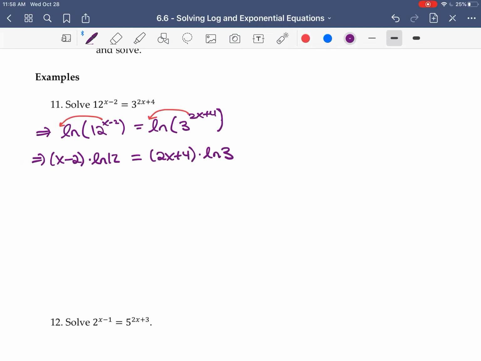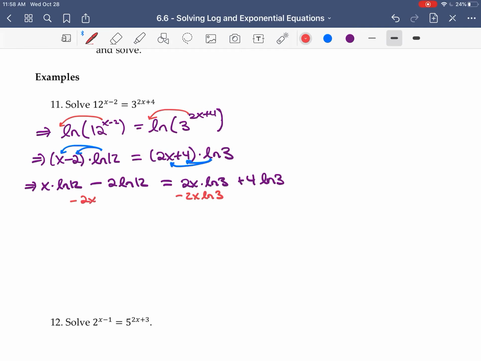Okay, now I want to solve for the x's, so I want all the x's on one side, which means I'm going to have to expand these brackets. So we're going to have lns everywhere. So I have x ln 12 minus 2 ln 12 is equal to 2x ln 3 plus 4 ln 3. So I want all the x's on one side and all the other things on the other side. So let's move the x's to the left